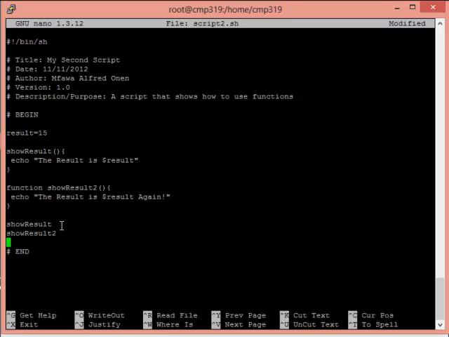So the first one is show result and the second one is show result 2. Notice I'm not even putting any parentheses here. I'll put parentheses here by the time I start using arguments. But for now, that is beyond the scope of our introductory class of bash. If you want to go ahead and do some advanced bash, then of course we can talk about this, but just typing show result simply invokes the show result function, and typing show result 2 simply invokes the show